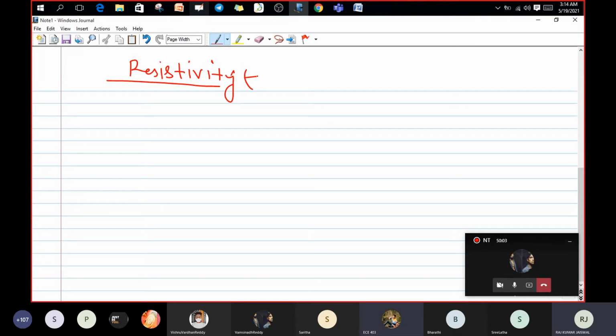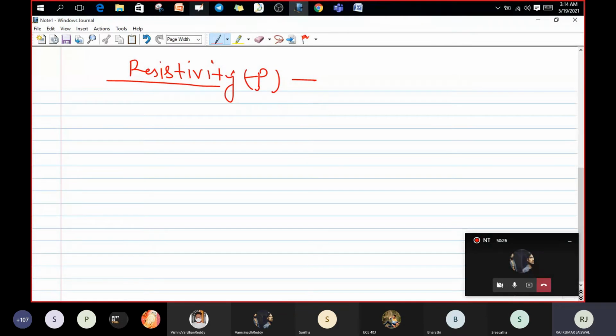Measure of resistance. Strength of resistance. Yes, very good. But you are saying in some more technical way. What do you mean by resistivity? The general meaning is that resistivity will say something about the material property. What is the material property? It is defined by the electrical resistivity.